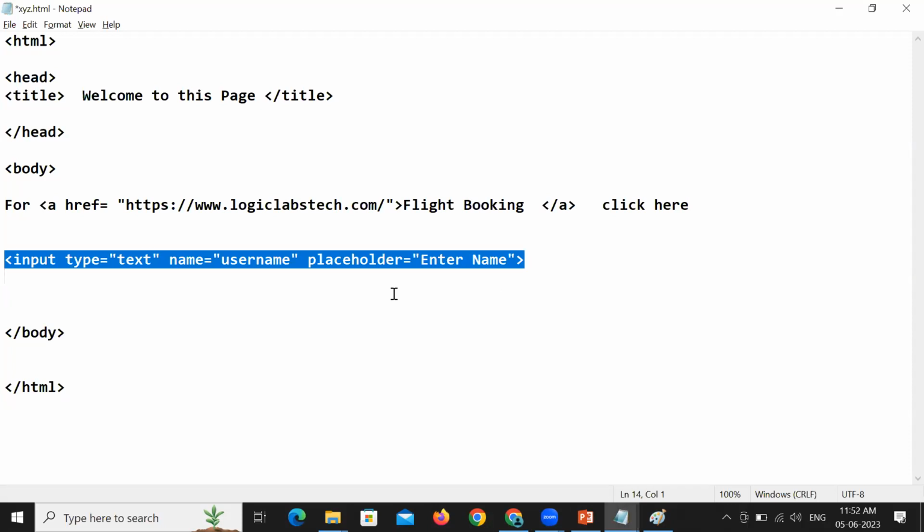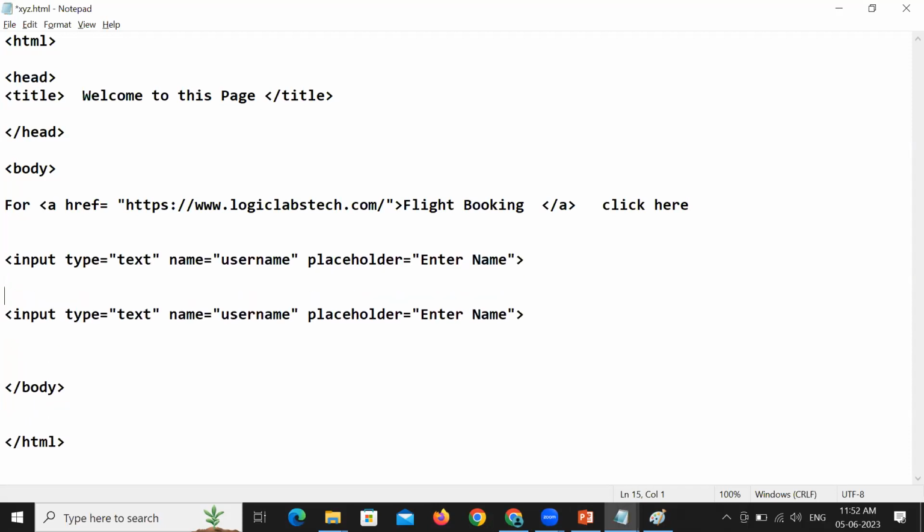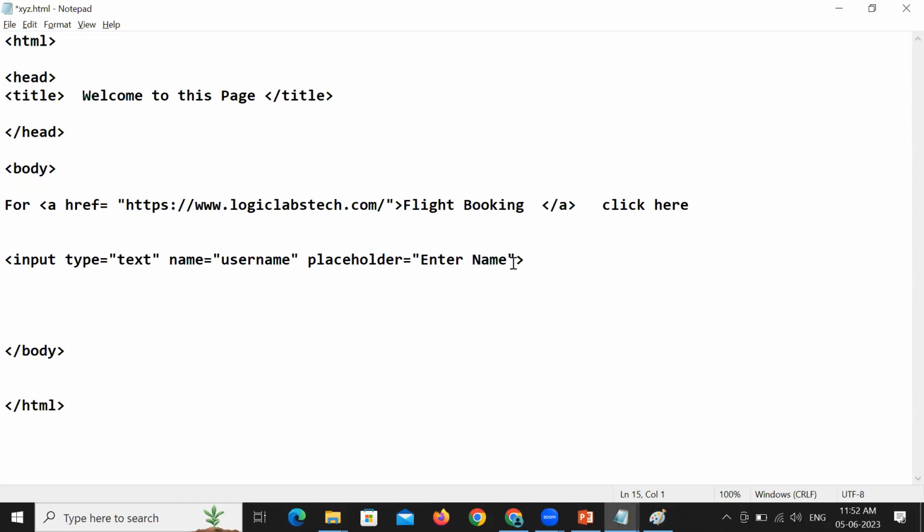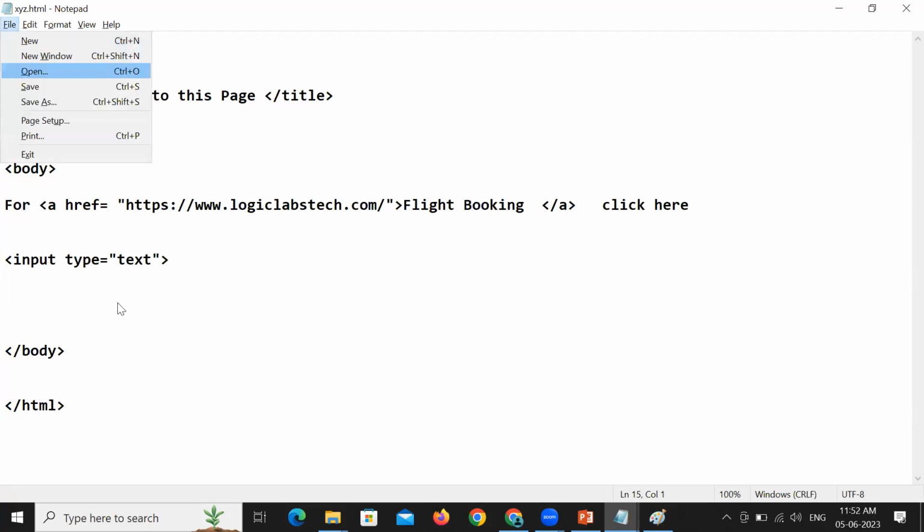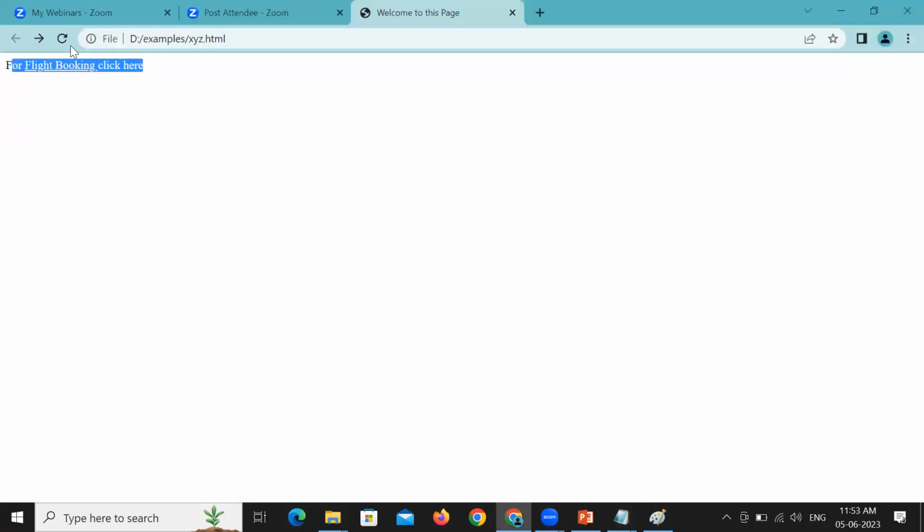Let's start with a simple one. Observe here, to keep it simple, I have used an input tag and I have not used many attributes. I have used only one attribute called the type attribute. As I have told you, there are different types of input tags. You can have radio buttons, we can have checkboxes, but I want to use text input. I want to accept the text input. So you mention type equal text. What is the result of it? Let us save this HTML code and